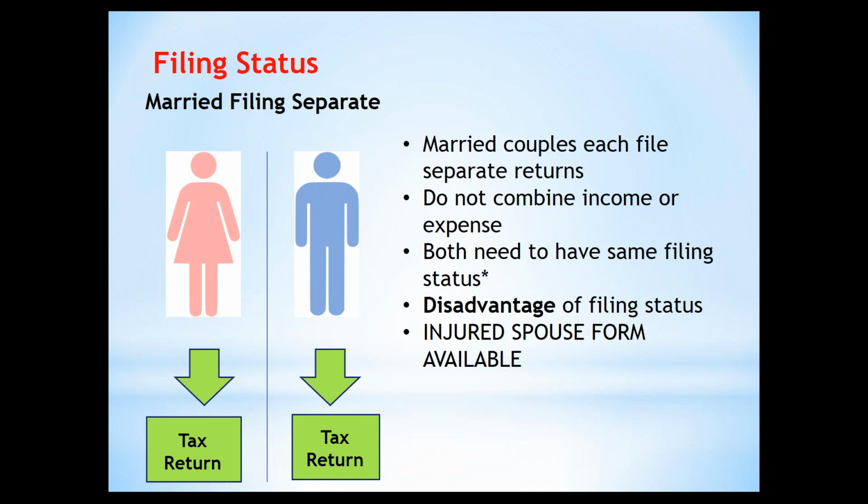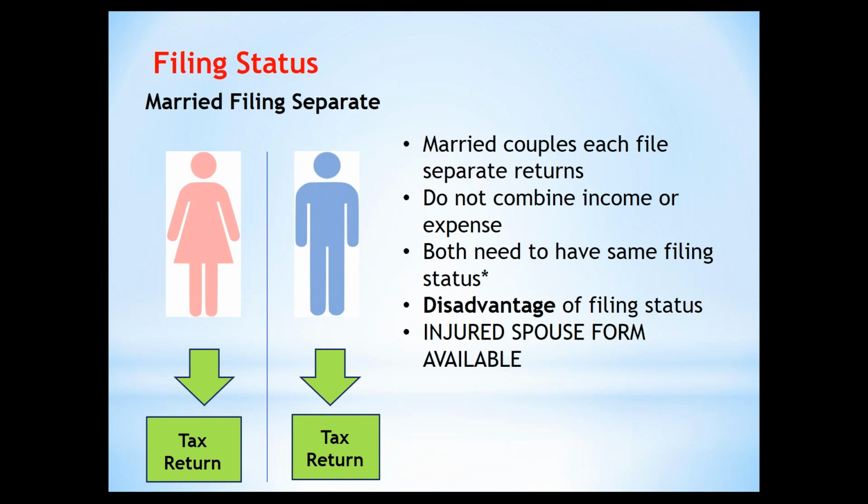Now, a lot of the time people come in and want to utilize this married filing separate filing status. They indicate that they've been filing separate tax returns for years. This is just how they do it. Again, we don't want to pry into anybody's lives, but just make sure they know about the injured spouse form. The injured spouse form is a very basic form that we can fill out very easily in the software, and what it does is it allows for a person to have any debt that they may owe paid with their portion of the tax return, but the other person that's in the marriage, they don't have to take on the